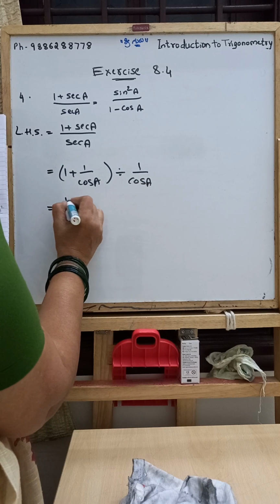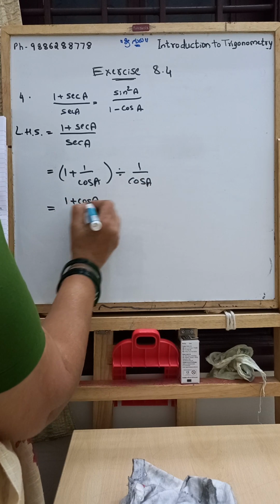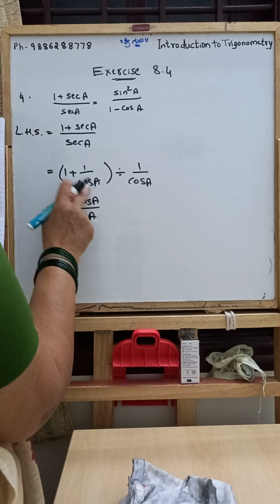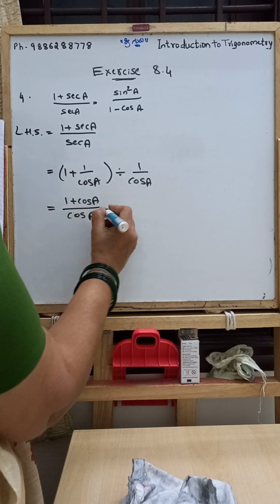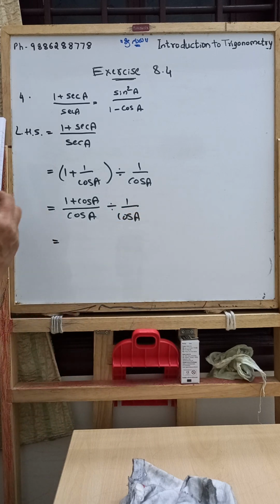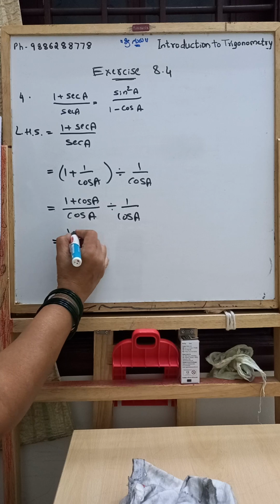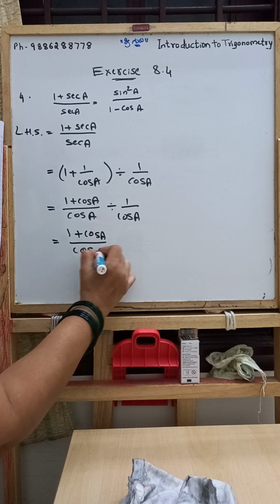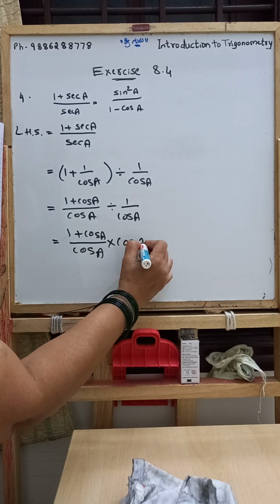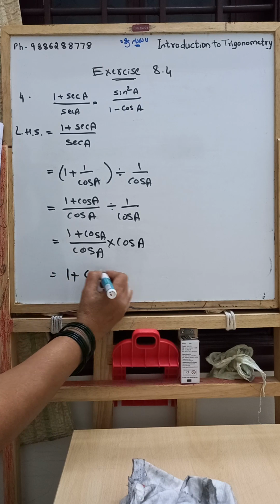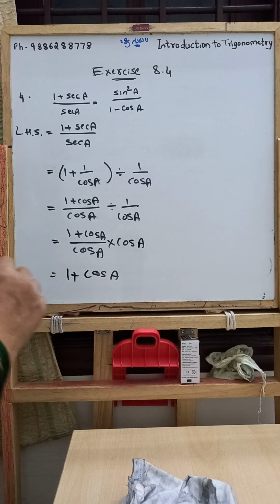This is equal to 1 plus cos A divided by cos A, as the LCM is cos A, therefore 1 into cos A is cos A plus 1, divided by 1 upon cos A. This is equal to (1 plus cos A) divided by cos A, into cos A. This is equal to 1 plus cos A. Here we prove that LHS is equal to RHS,